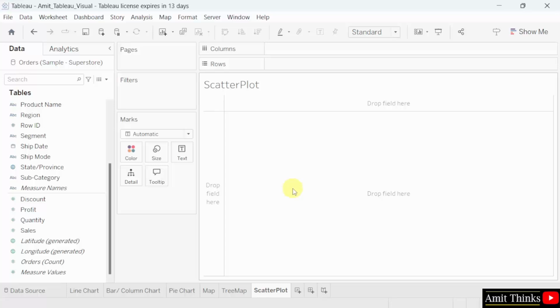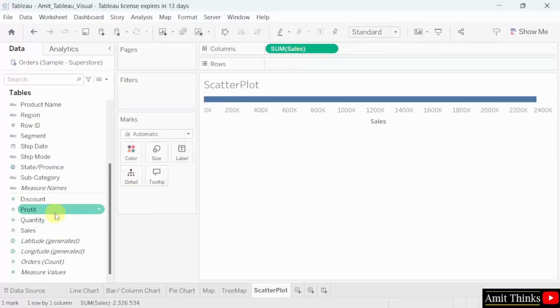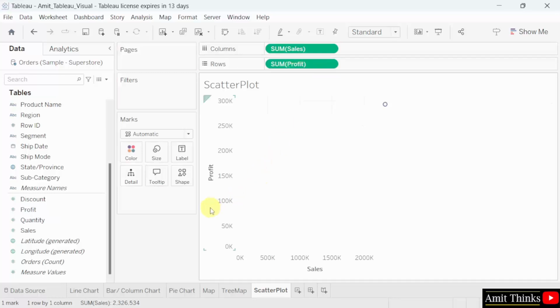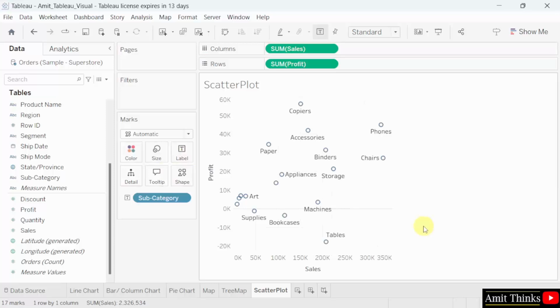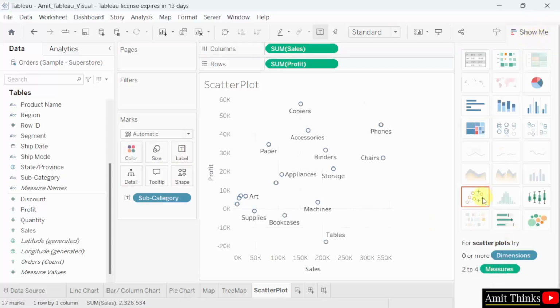I'll drag the sales to the columns shelf, the profit to the rows shelf, and subcategory to the label. Now let's see what it will create. It created our scatter plot. When you click here on show me, you can see scatter plot selected on its own, and recommended